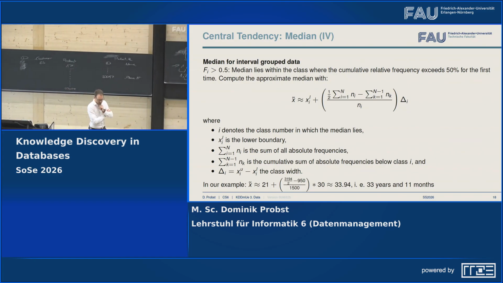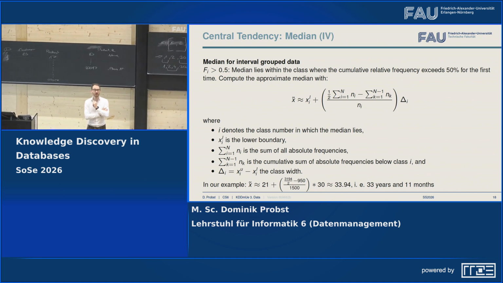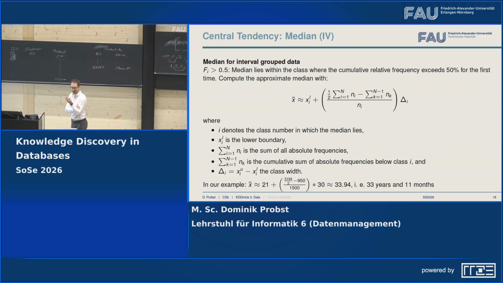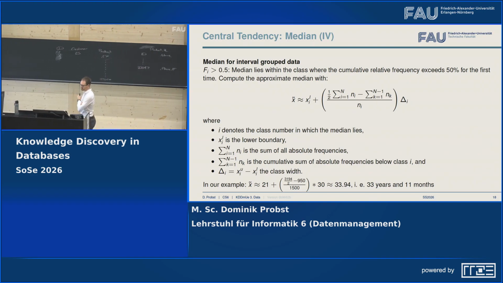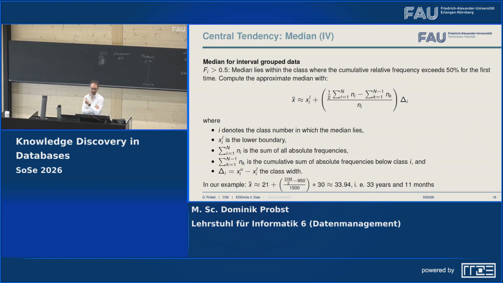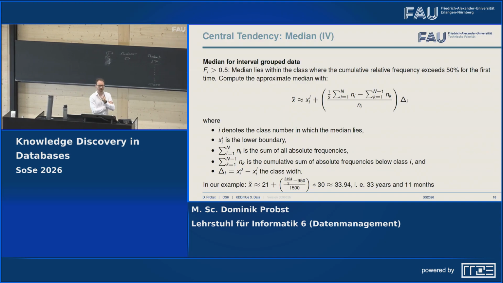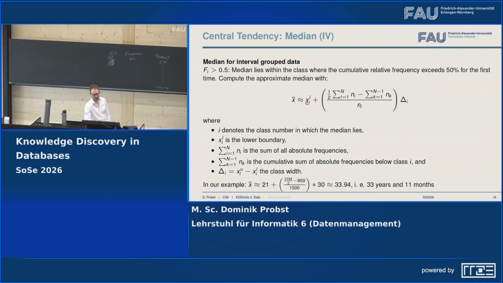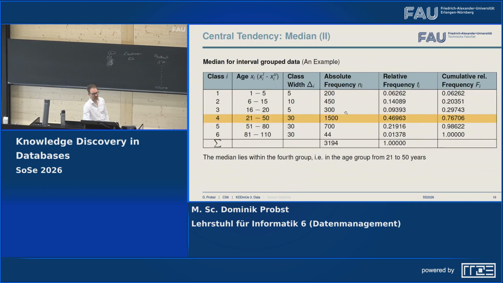We can also calculate an estimated median within that group. It's an estimation, and it assumes that we have a very flat distribution of ages within the group. However, if we assume that, we can then calculate the approximate median within that group. And that's done by taking a look at this formula, where we take a look at the lowest boundary. So in our case, the lowest boundary is 21